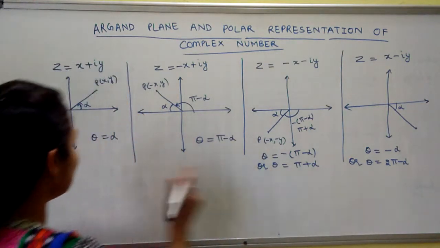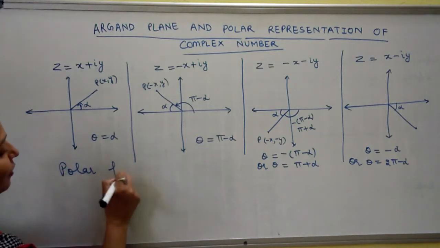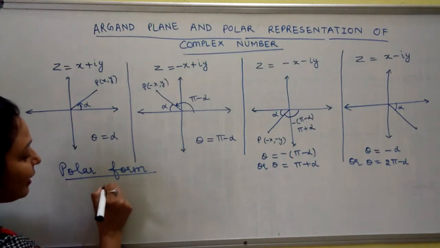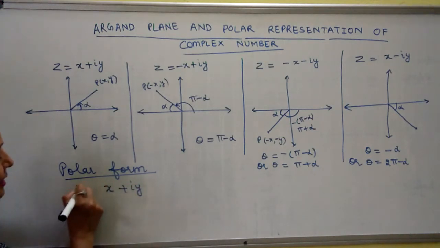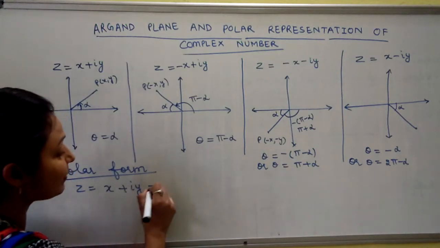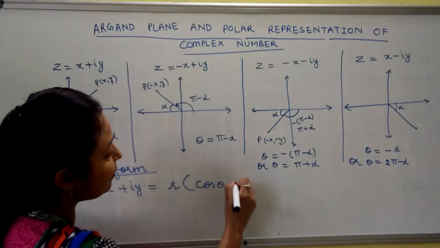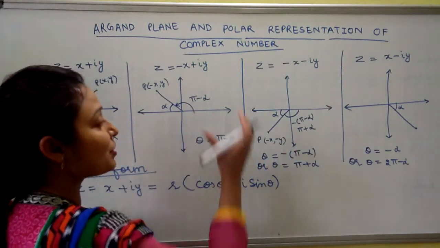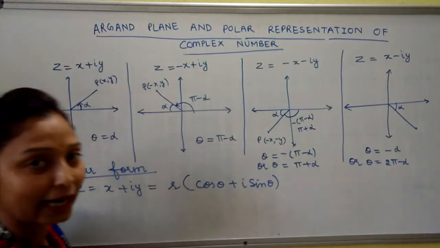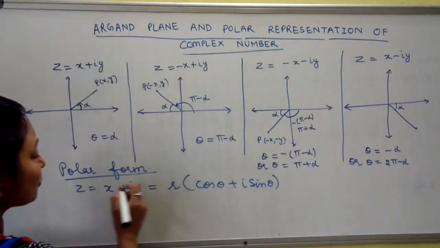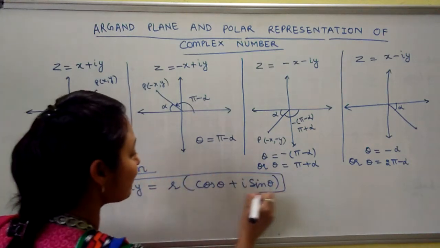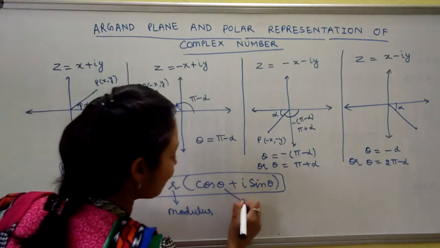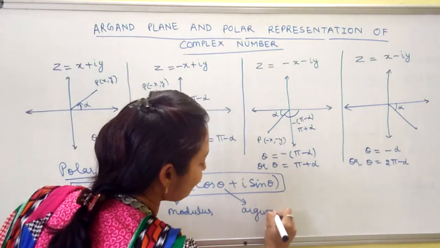So this is the way to find out the different angles. Now come to the polar representation. Polar form. What is polar form? How to represent a number in polar form? If we have x plus iota y, that is z, we have to convert it into polar form, which equals r times cos theta plus iota sin theta. For this theta we need the four quadrants in which the complex number lies. I will take the formula of that quadrant to find the principal value. So this is the formula. This r is known as the modulus and this theta is known as the argument or principal value.